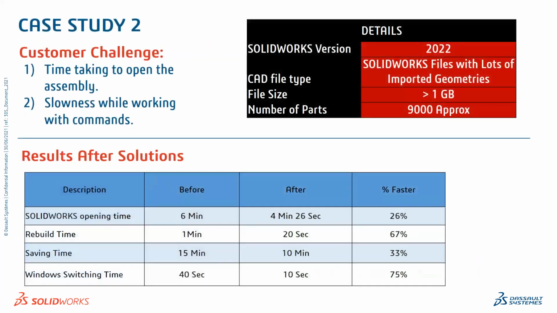Okay, let's go for case study 2. This customer is also an automotive related customer. The major customer challenge is that the time to open the assembly is taking so much time, and there is slowness while using other commands like switching the windows and other options. The customer is still using 2022